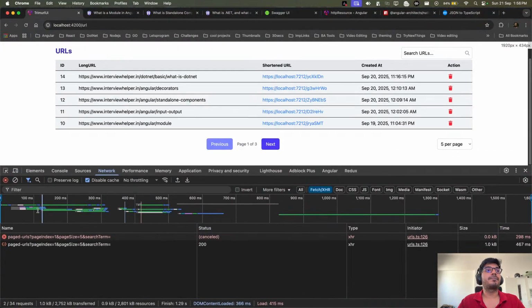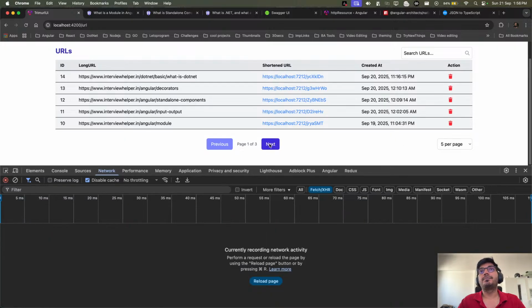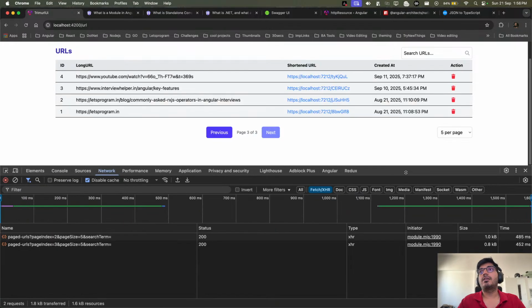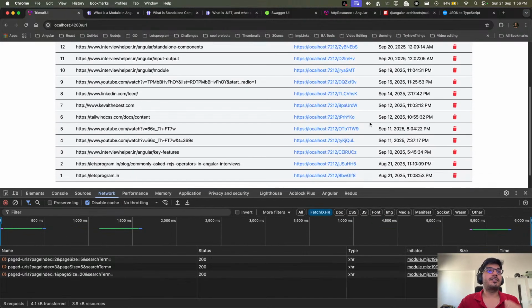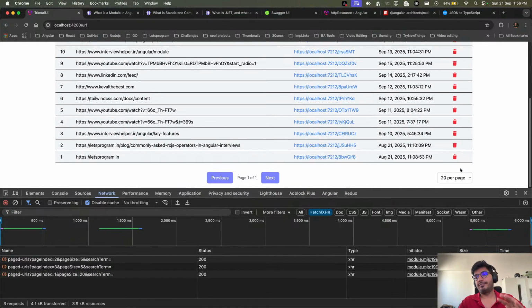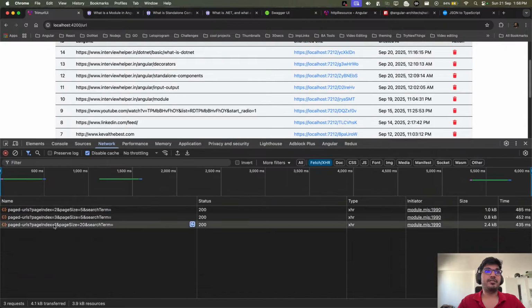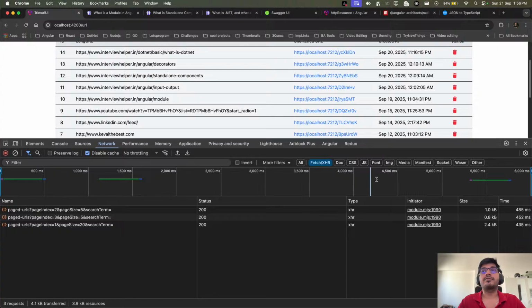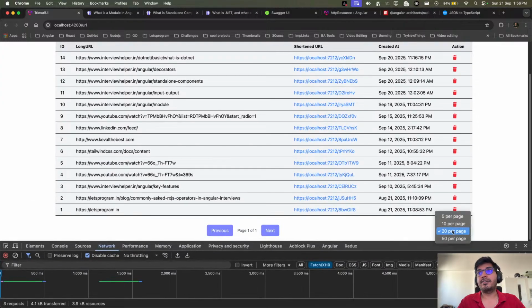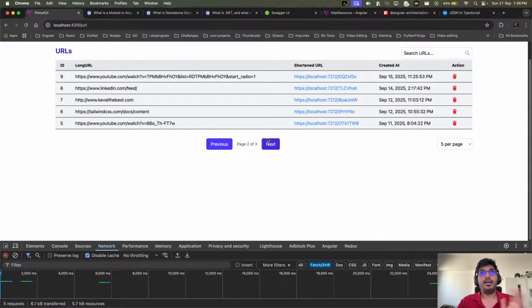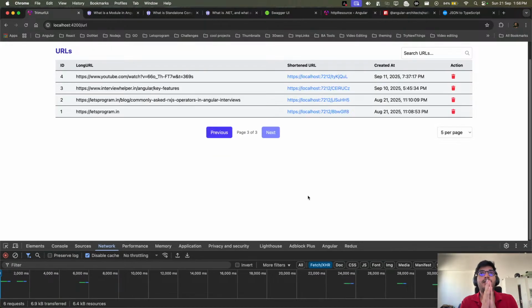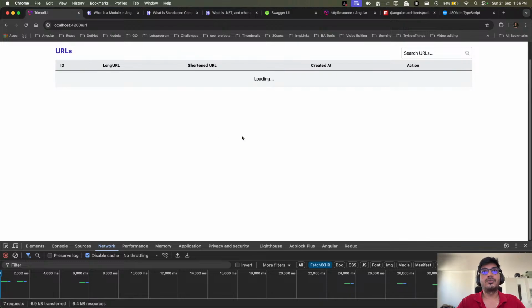Let's see again. Okay, let's go to page number 3. Now my expectation is when I change it to 20, can you see now? Now this works perfectly fine. Why? Because, as I have explained, it now properly passes the current page index, which means whenever the user changes this, it will always change the current page to 1, because it should start from 1 as this data is coming from the backend. And now I can say confidently that we have successfully refactored this whole code.